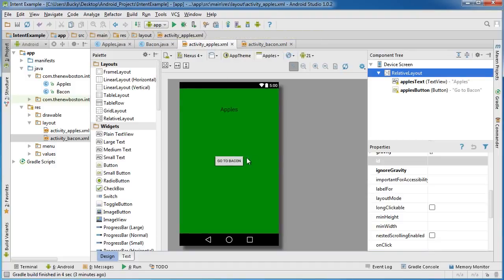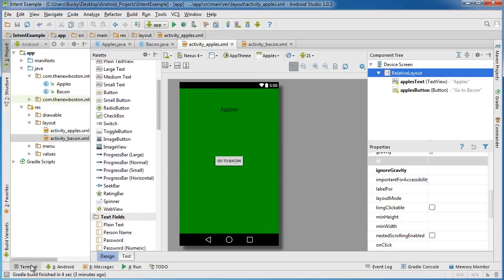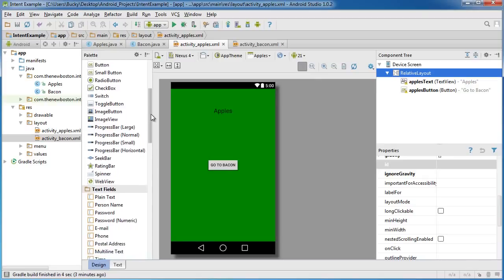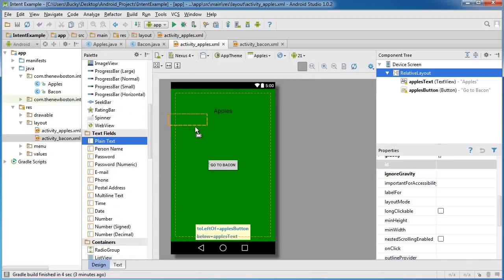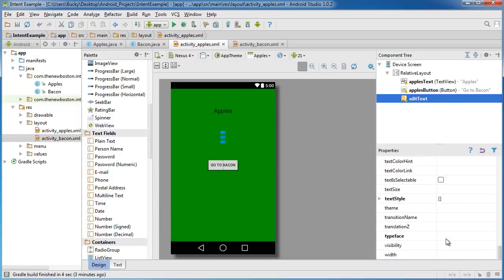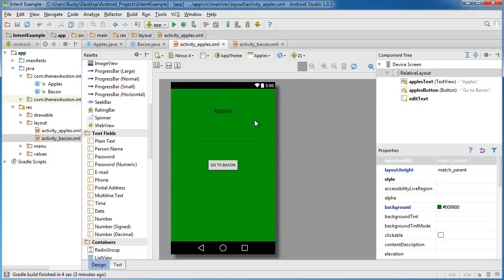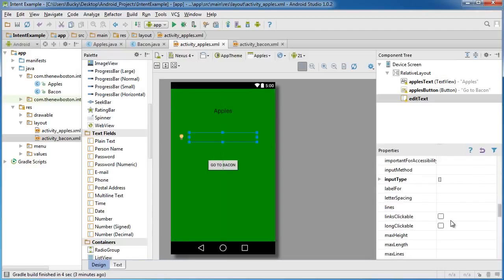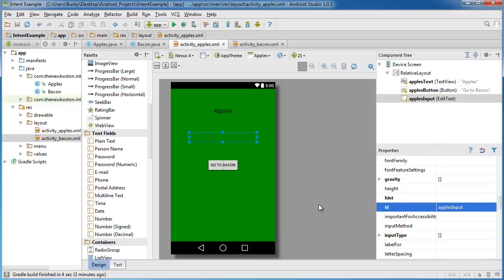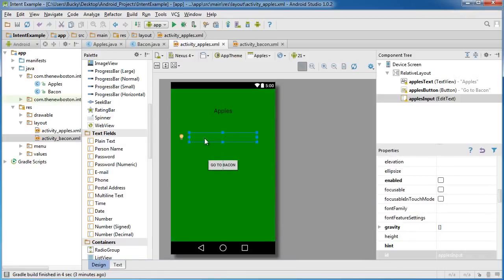So what I'm going to do is, if you go back to your apples activity right here, let me get rid of this. Alright, so add just a plain text field right here, drag it anywhere on the screen, and I'm just going to set the width of this to like 250 dp so the user has something to type in, and we'll just run this example real quick. Well, first of all, let me give this an ID. Alright, so I'll name this apples input,